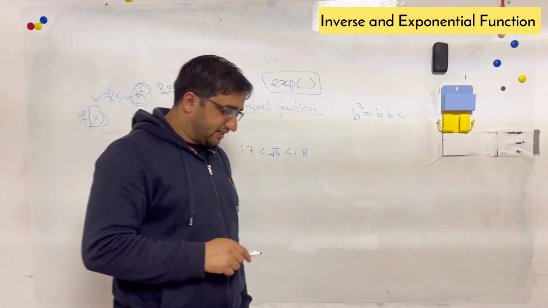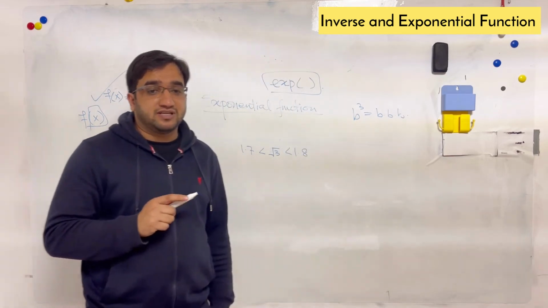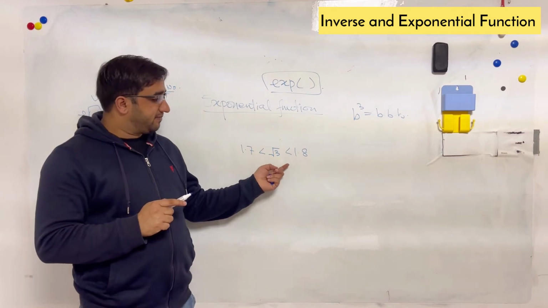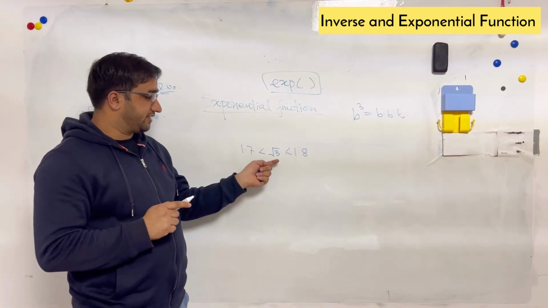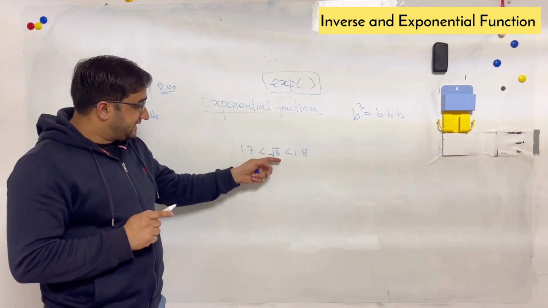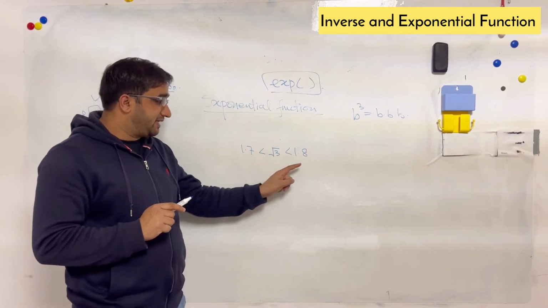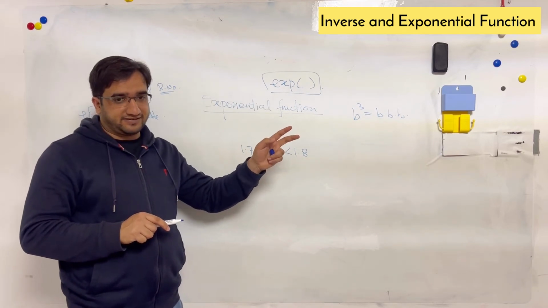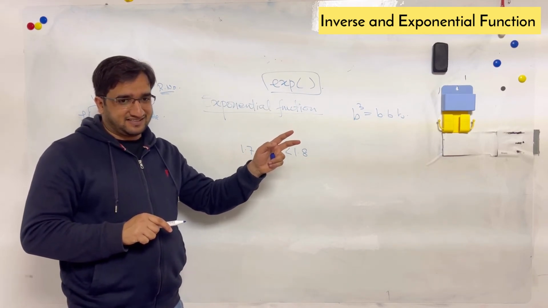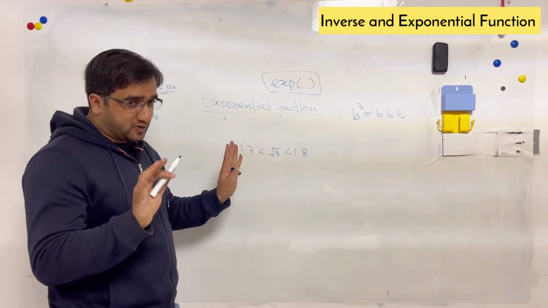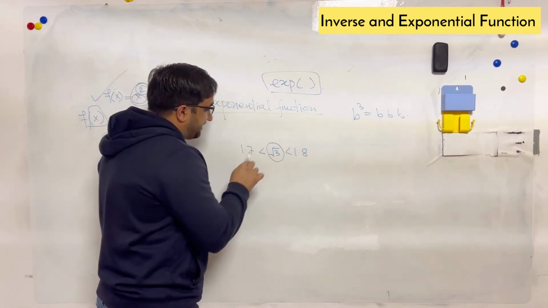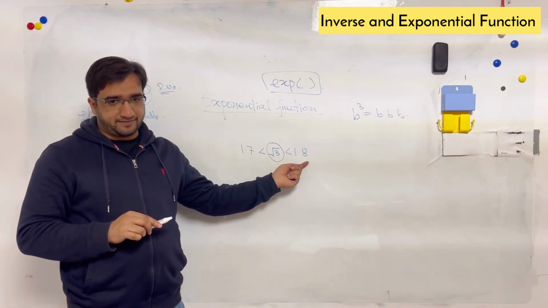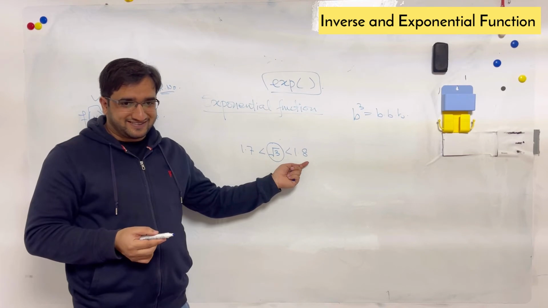The calculator, a good calculator, will never give you a perfect answer. It will give you some close answer, but the digits always continue for any value of square root 3. So in this case, you can see on the calculator, the value is something like 1.7 and so on. So I am assuming that the value of this is between 1.7 and 1.8. Am I right? Can I assume this?